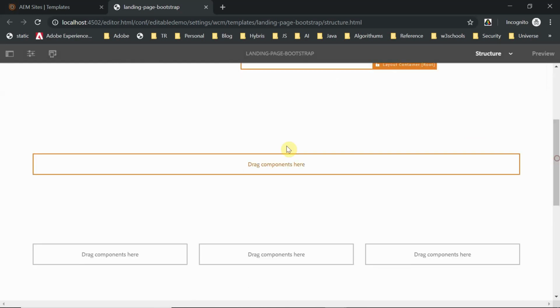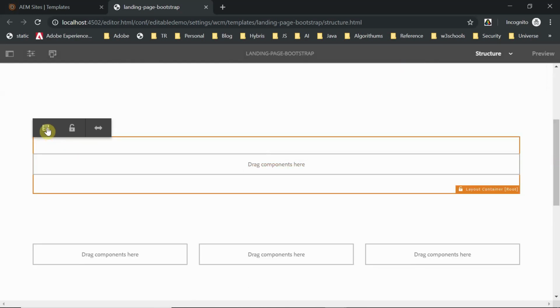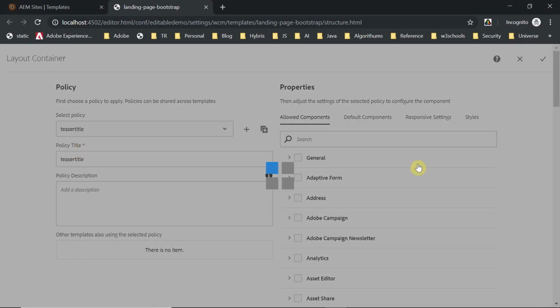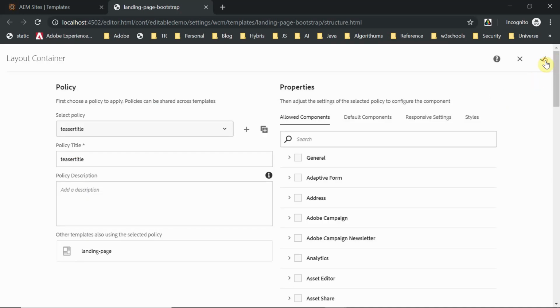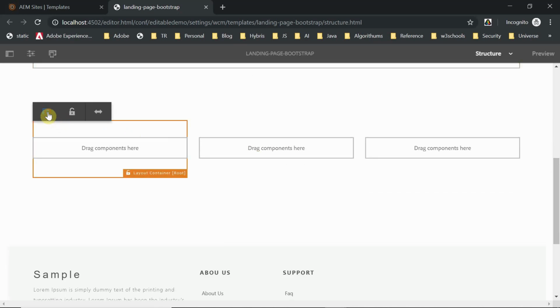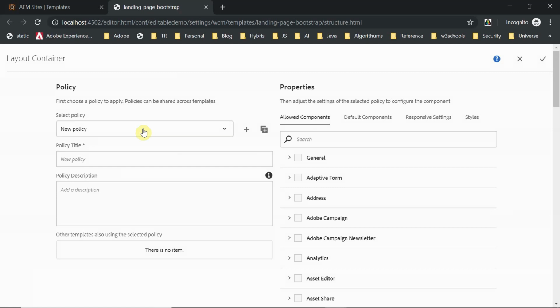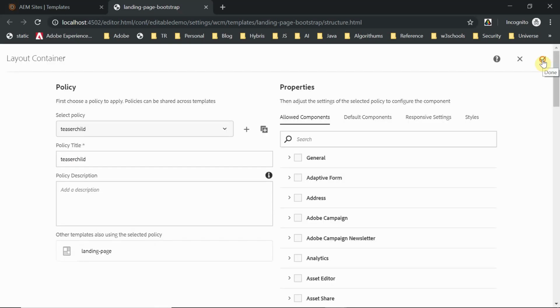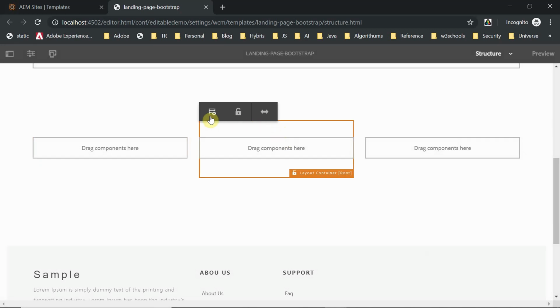Now for this I need to add maybe teaser title, something should be there. Yeah, that's fine. Now go here. This one should be something teaser. Yeah, child. That's fine. Do the same thing here.